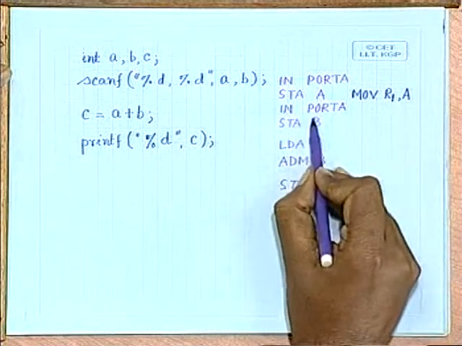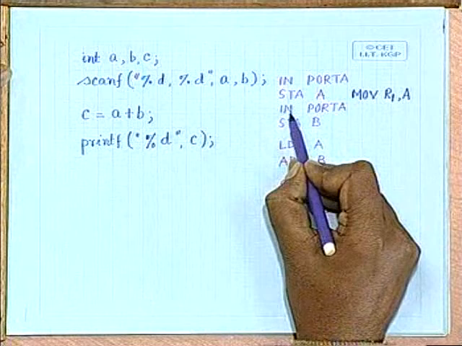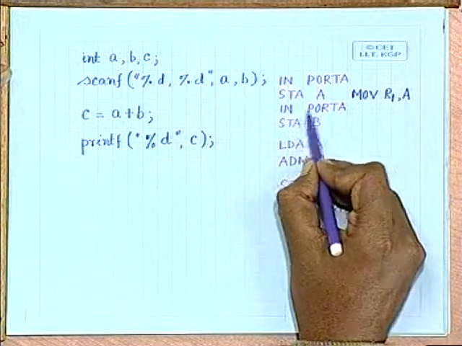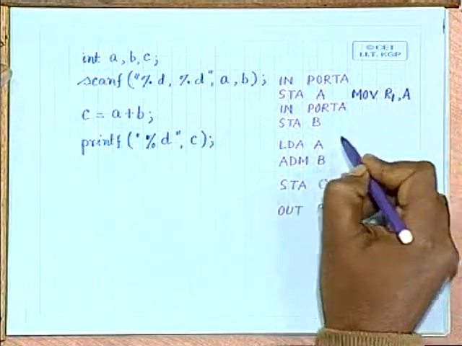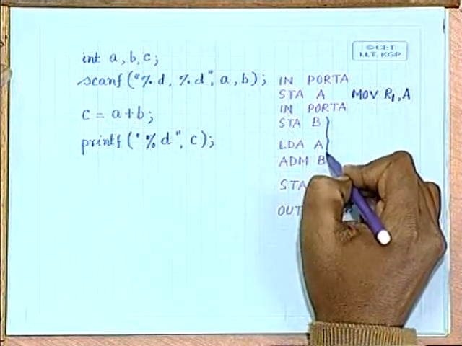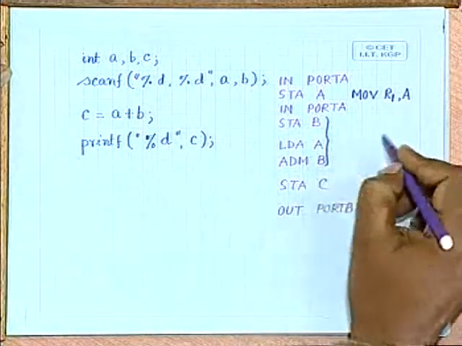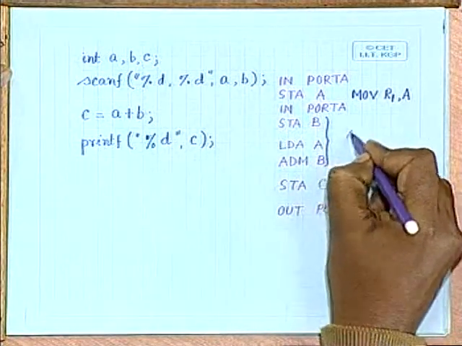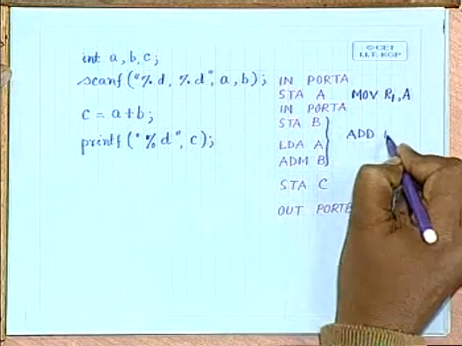Similarly, in the next case, when you are inputting the data from port A, the data goes to the accumulator. And you find that the other data is already available in register R1. So, I do not need these operations at all. These three operations can be replaced by simply add R1,